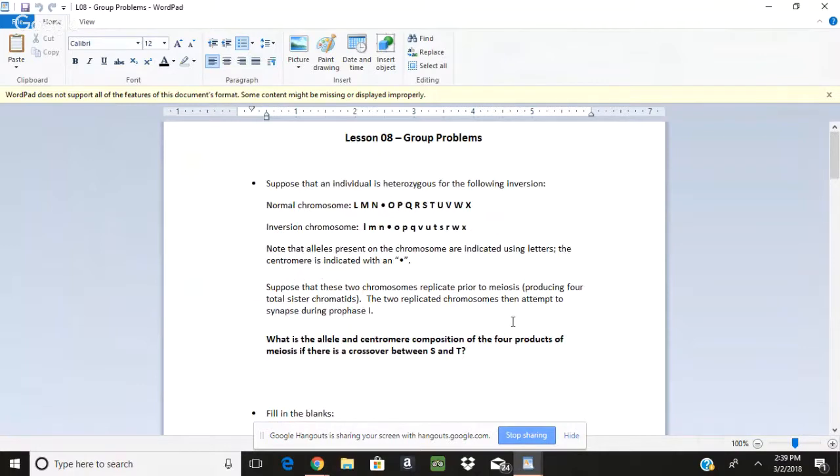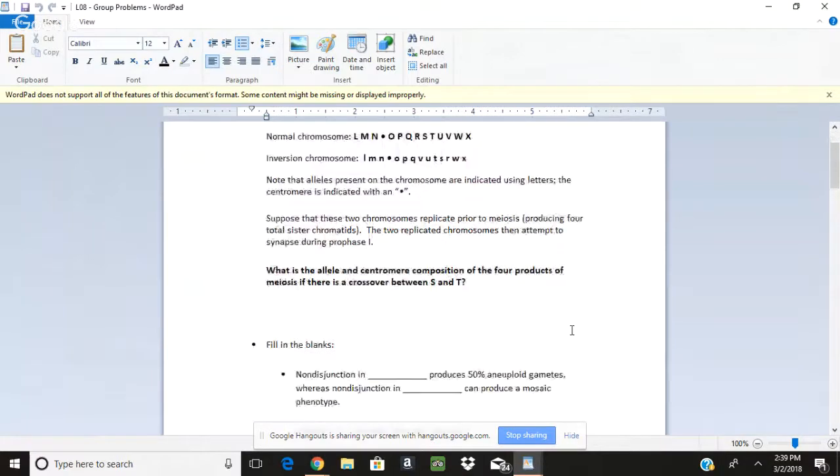So one of them is going to be from the normal chromosome. So just all of the dominant, all of the capital from L to X. And the other one is just going to be all lowercase, all recessive from L to X from the inversion chromosome. The other 2 sister chromatids, however, they underwent crossing over between the S and the T. So the normal chromosome and the inversion chromosome's S and T's don't line up exactly because inversion occurred, and so